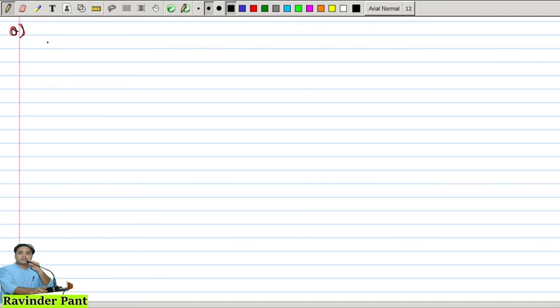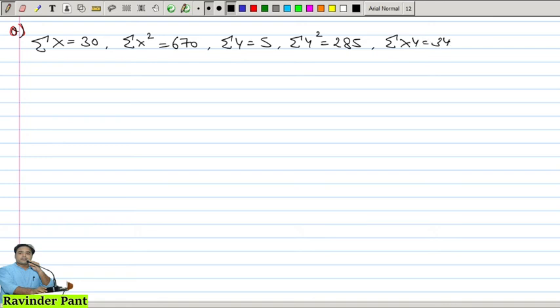So it says that summation x is given as 30, summation x square is given as 670, summation y is equal to 5, summation y square is equal to 285, summation xy is equal to 344, n is given as 12,